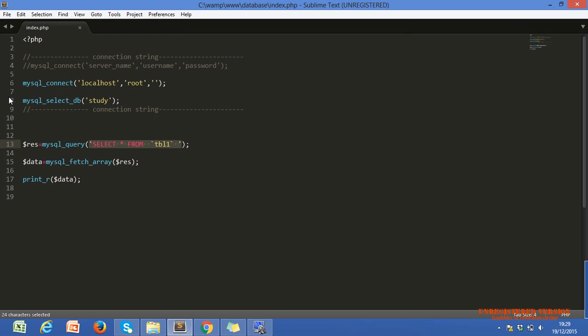We are connected by this code. We have to write this code before firing these queries. First we have to connect to the database, then only we can retrieve or manipulate the data of our database.